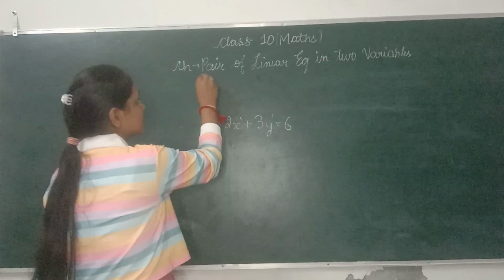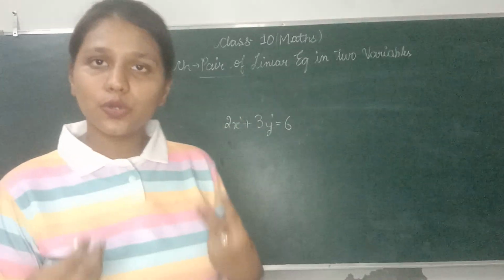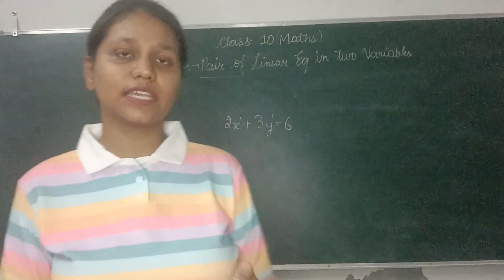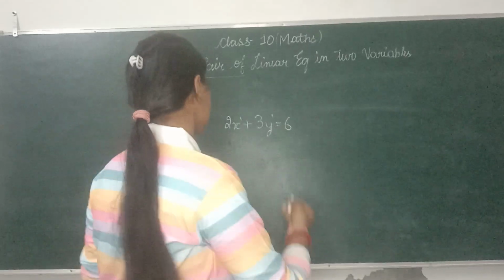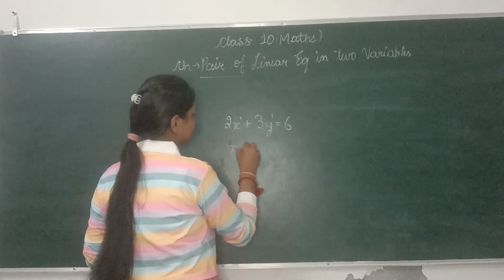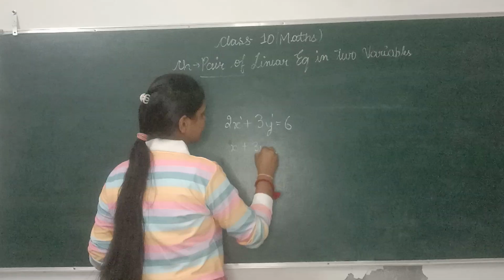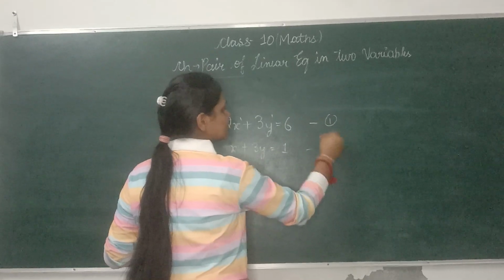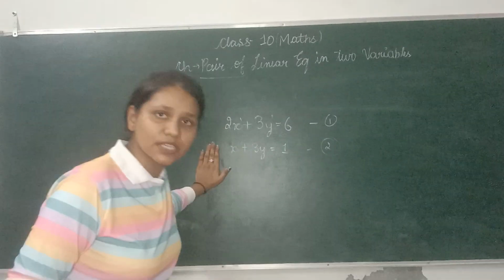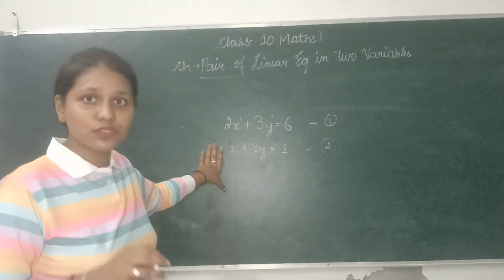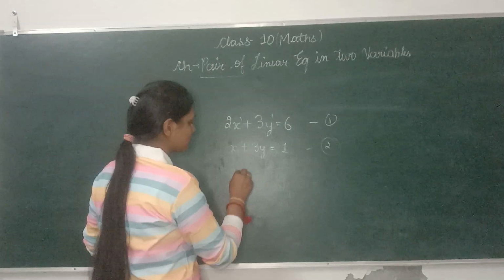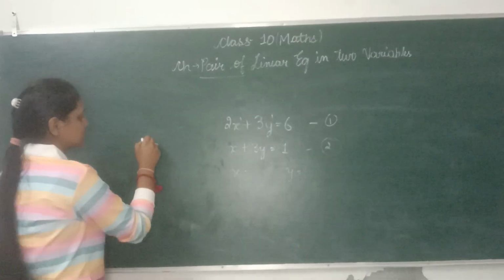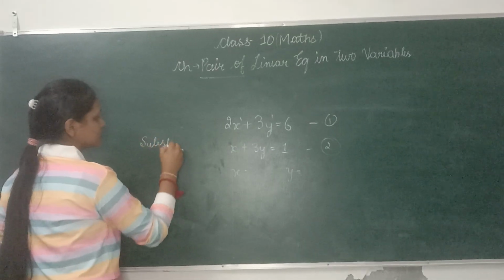So the chapter is pair of linear equations. Two linear equations in two variables are given, and you have to solve them with different methods. Suppose you are given x plus 3y is equal to 1. This is the first equation and this is the second. These types of two equations are given, and you have to solve and calculate the values of x and y by different methods, that is the substitution method,